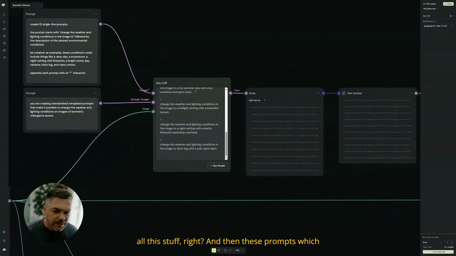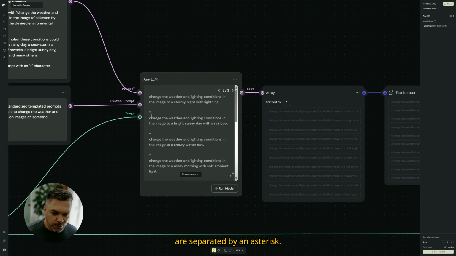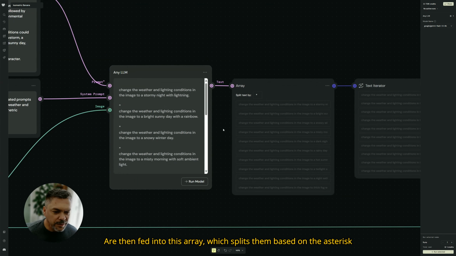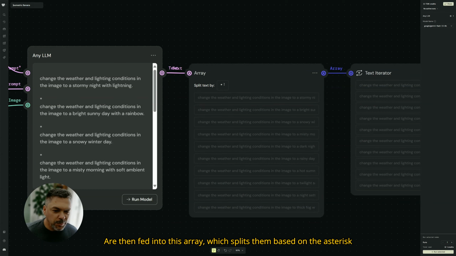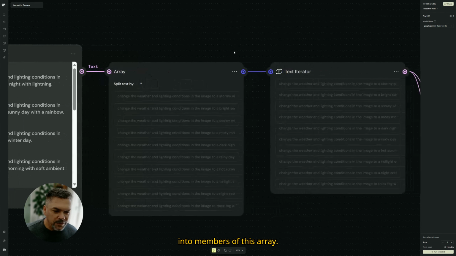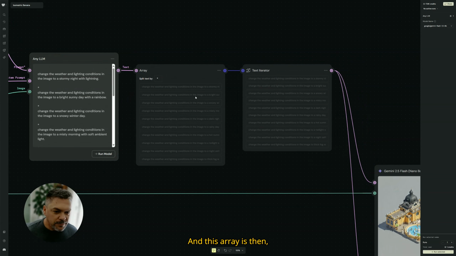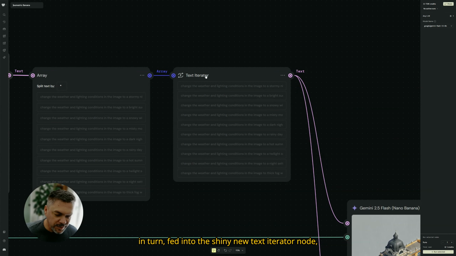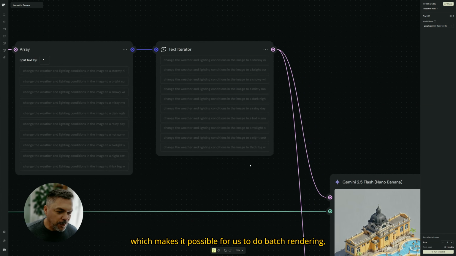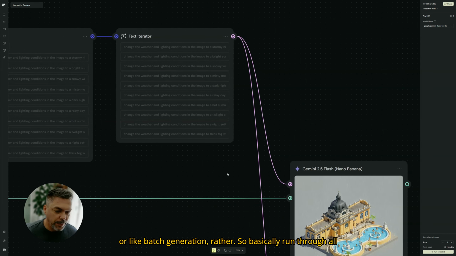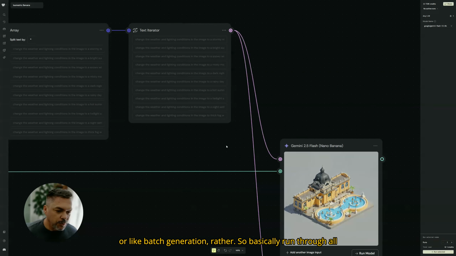And then these prompts, which are separated by an asterisk, are then fed into this array, which splits them based on the asterisk into members of this array, and this array is then in turn fed into the shiny new text iterator node, which makes it possible for us to do batch rendering, or like batch generation rather. So basically run through all these items in this list and create